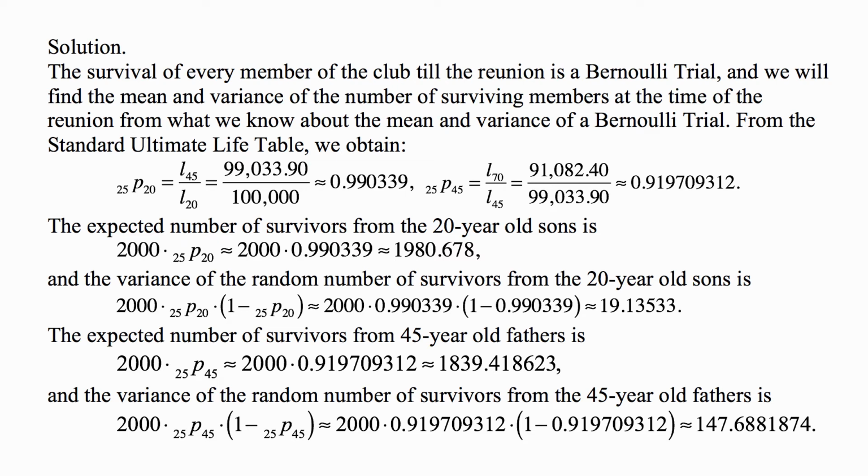The expected number of survivors from the 20-year-old sons is 2,000 times that 25p20, and comes out to be about 1,980.678. And the variance of the random number of survivors from the 20-year-old sons is the mean times 1 minus the probability of survival, so that comes out to be about 19.13533. The expected number of survivors from the 45-year-old fathers is 2,000 times the probability of survival, which we just calculated, and that comes out to be about 1,839.418623. And the variance is that multiplied by 1 minus the probability of survival, and that's about